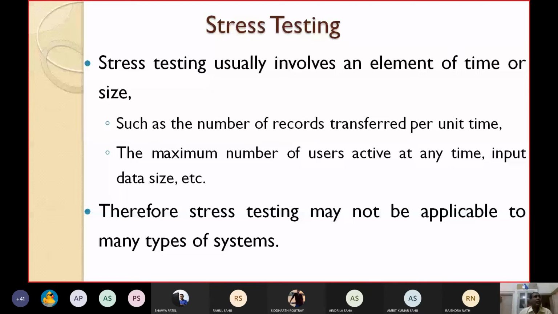Okay. So next one is volume testing. It addresses handling large amounts of data in the system. So how can you ensure that it can handle large volumes of data? Whether proper data structures such as queues, stacks, arrays, etc., are large enough to handle all those possible situations.